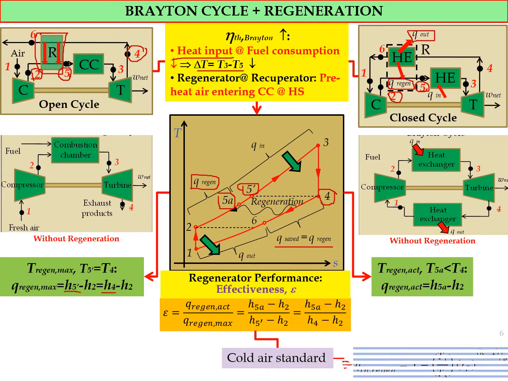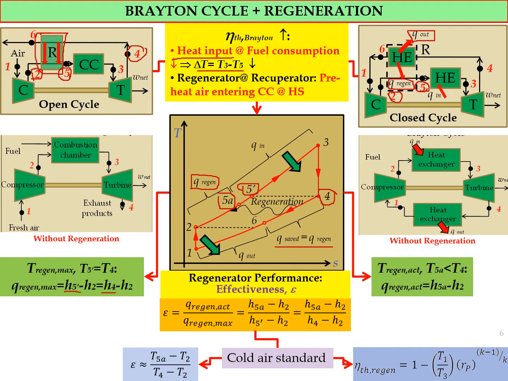And based on the cold air standard assumption, we can calculate the efficiency of the regeneration, which is equal to 1 minus, in the bracket, T1 divided by T3 times the compression ratio to the power of (k minus 1) divided by k, as shown in this slide. We can also use the temperatures to calculate the effectiveness, which is T5A minus T2 divided by T4 minus T2. And from this system, we can increase the efficiency of the system, and we can decrease